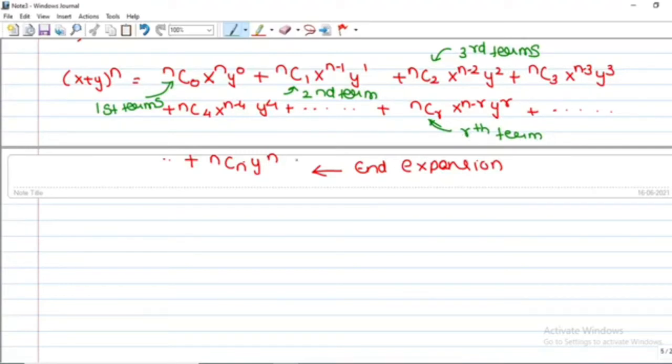So what you need to, or which is in general called the general term. General term, okay, and this is called the n plus 1th term. So in this vice versa way, you can also prove the result which we have just proved earlier, that the x plus y power n expansion has n plus 1 terms. Now moving ahead, we are going to discuss some properties.